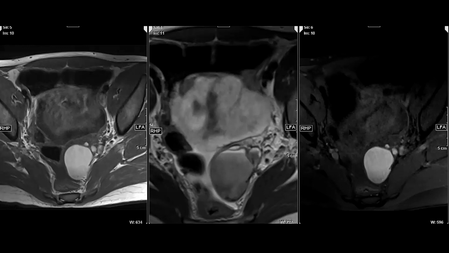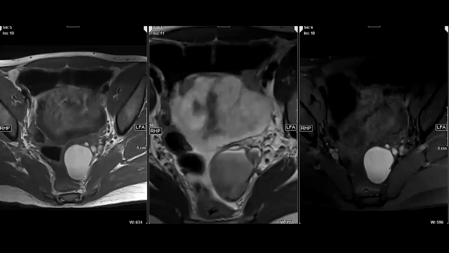So if you compare the first and the third sequence, you see that whatever the subcutaneous fat is, that has been suppressed and that appears dark. What we see here is a multiloculated T1 hyperintense lesion in the left adnexa, which shows hypointensity on T2, where the upper portion is T2 hyperintense, while the lower portion is T2 hypointense. And on fat saturated images, it is appearing hyperintense. So that suggests that this doesn't have fat in it. So a lesion that is T1 hyperintense but does not have fat in it has this signal on T2.